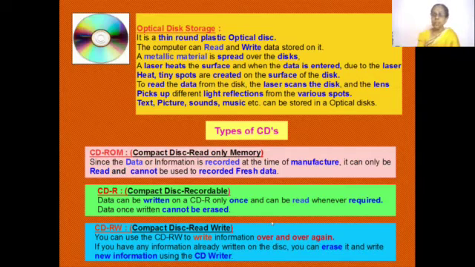This is done using a software. There is a software called CD Writer. It automatically comes with your CD drive. So you have a CD drive writer, and you can record anything that you want to write. So a CD that is read and write, you can use to write information over and over again. If any information has already been written on the disk, you can erase it and write new information using a CD writer. Let's go to the next one.